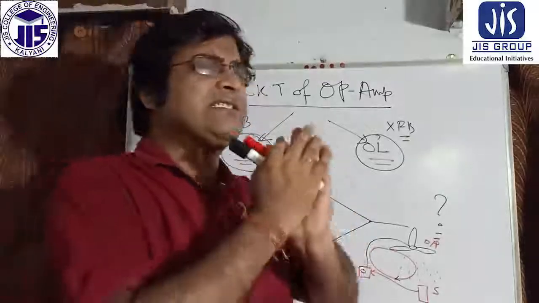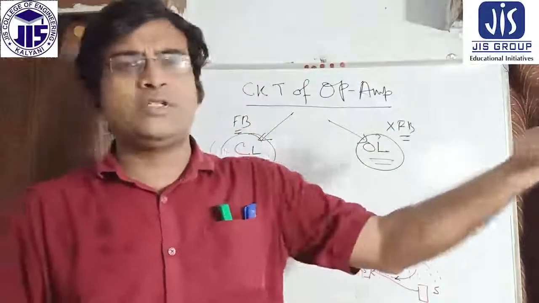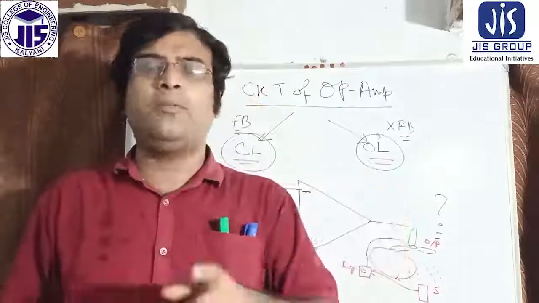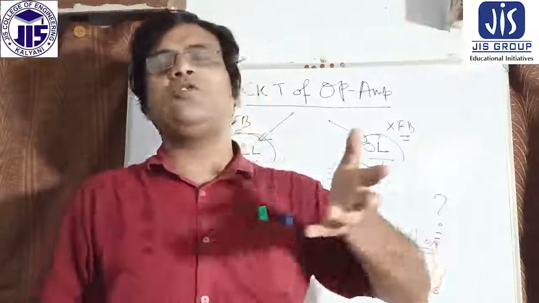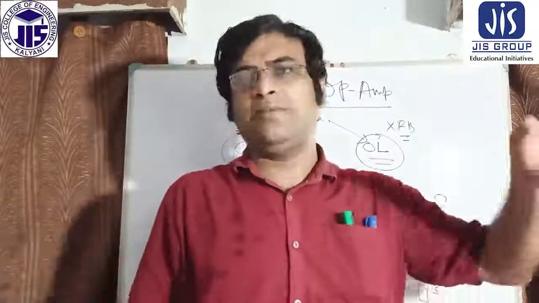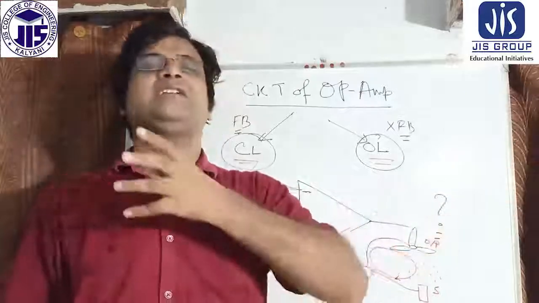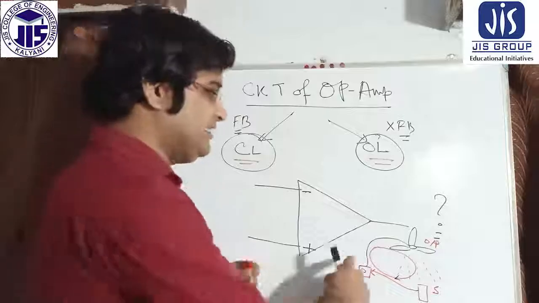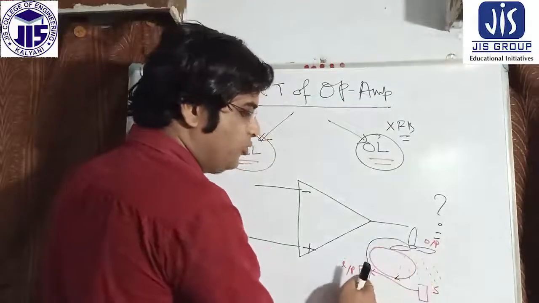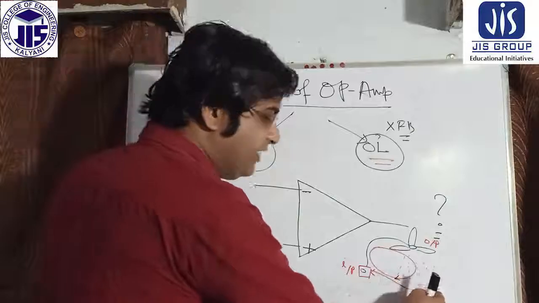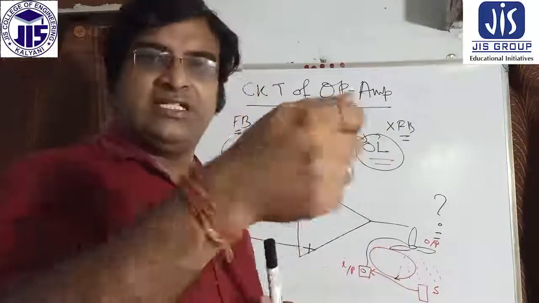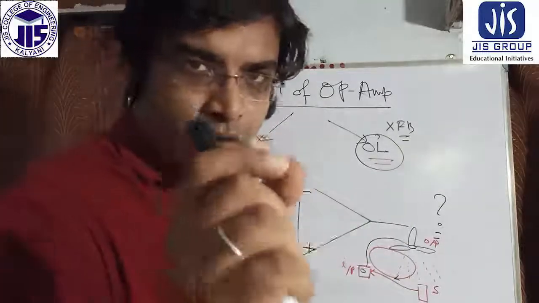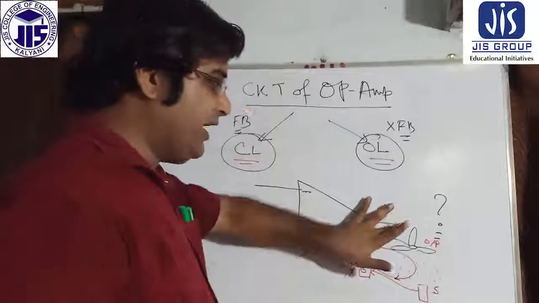So feedback means simply, from the output side to the input side, if there is a flow of signal, then a loop is developed, that is the feedback. From the output side to the input side, there must be some sensing concept, that what will be the output, and for that reason what will be the input. Then it may be a loop concept. You see a loop is developed, the fan is rotating, that is the output, and the input side is the fan regulator, and from here the human being goes there and just decreases the fan switch, and that is called the feedback. Now I am coming to a very important example of this.